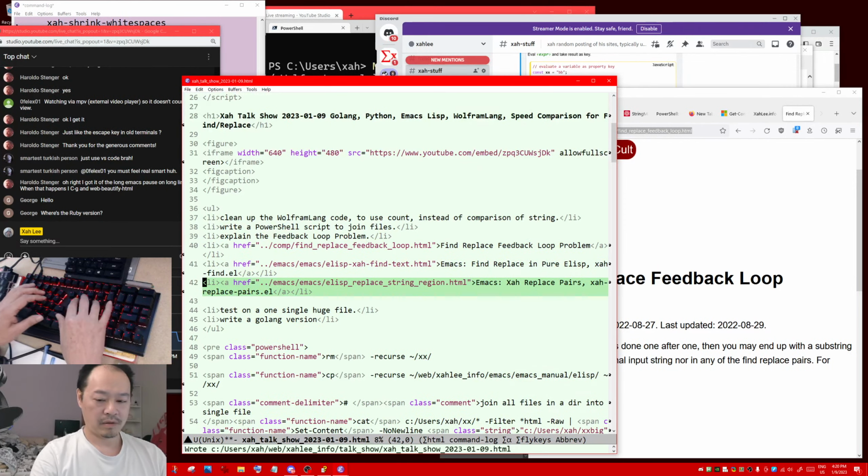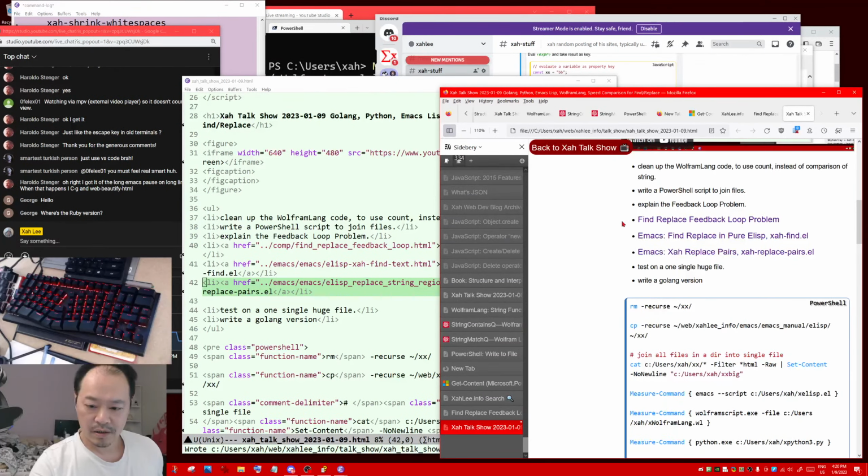Okay, so let's see what's next. Test on one single huge file. We did that with Emacs. Now shall we do it on, we need to write the Golang version. And if we test on one single huge file, okay, shall we,